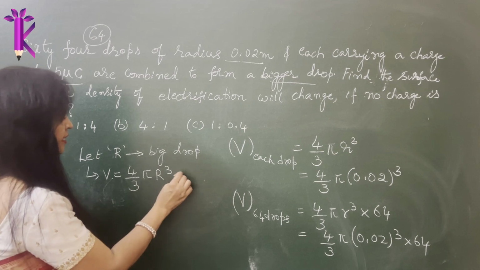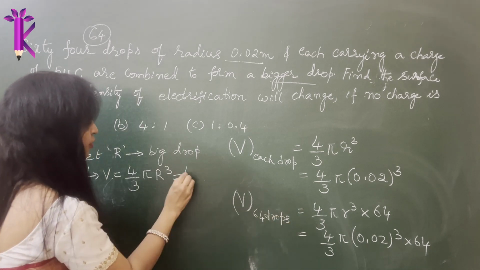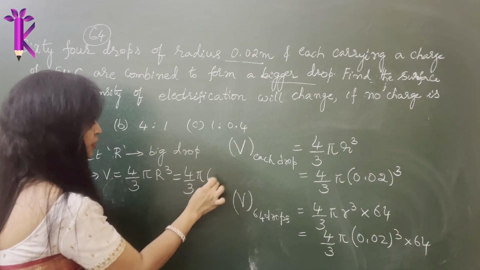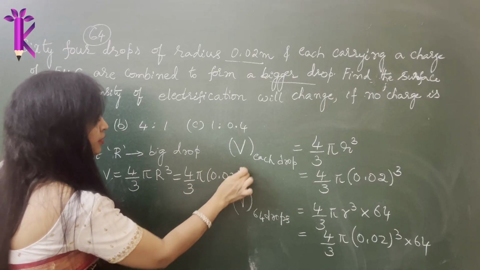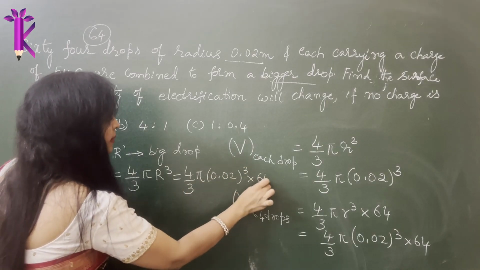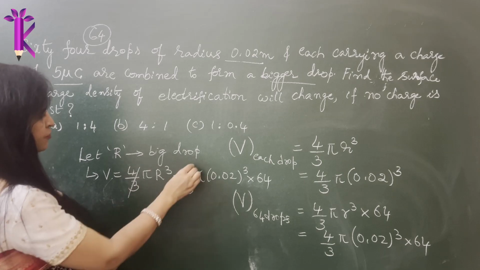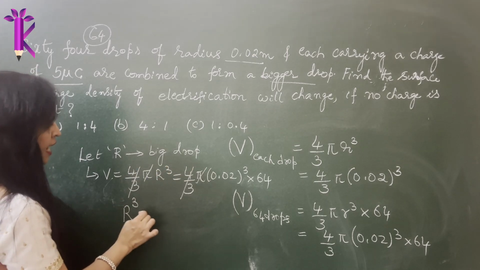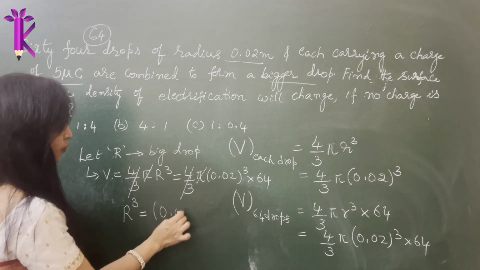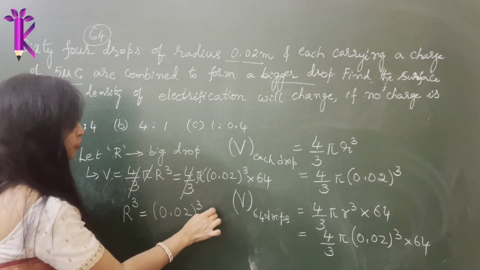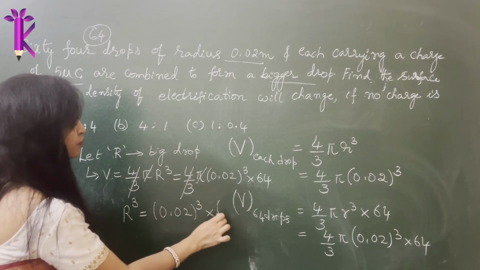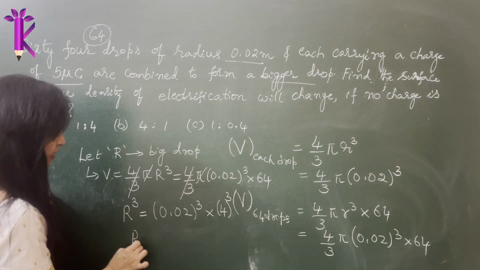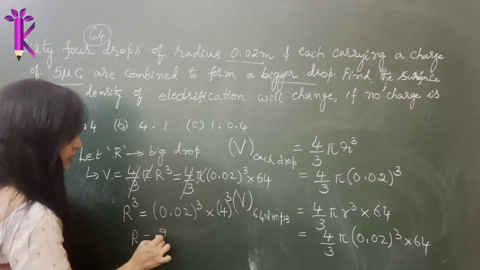This is nothing but the volume of 64 drops, that is 4 by 3 pi into 0.02 the whole cube, multiplied by 64. 4 by 3 pi gets cancelled. What are you left with? You are left with R cube is equal to 0.02 the whole cube multiplied by 64. 64 can be written as 4 cube. So if you take cube root everywhere, R is equal to